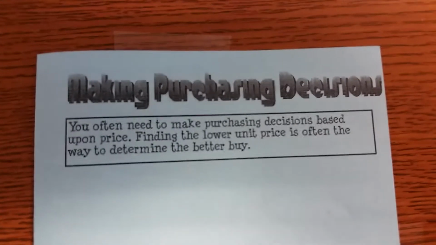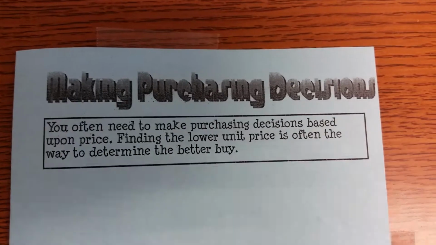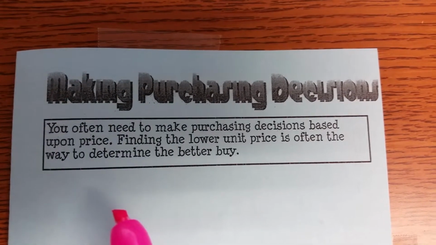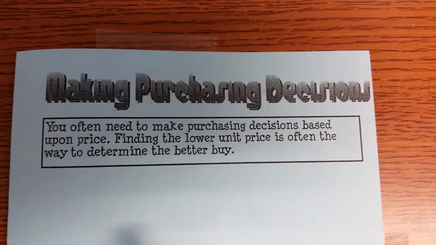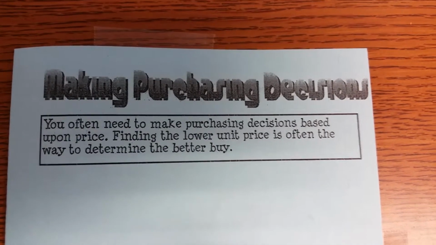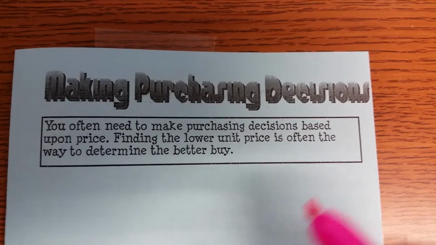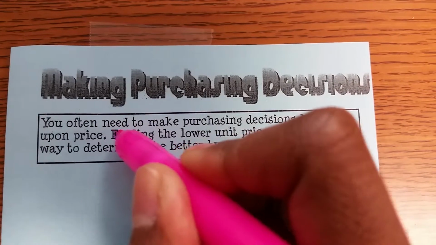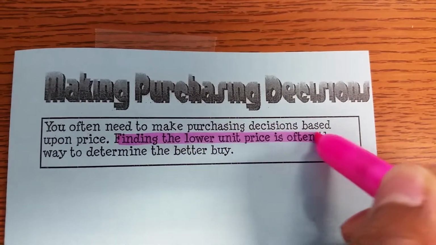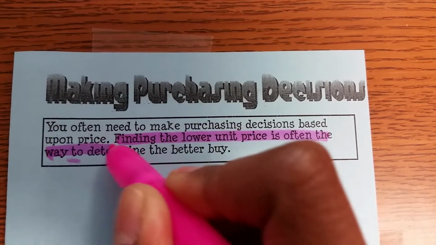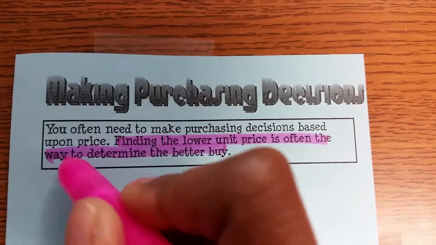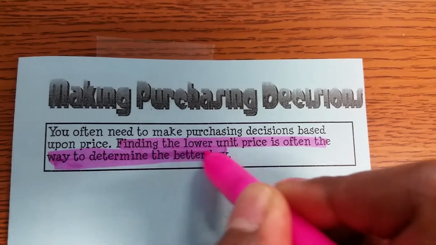Okay, class, today we're going to talk about making purchasing decisions. And here we have a note here. You often need to make purchasing decisions based upon price. Finding the lower unit price is often the way to determine the better buy. And we talked about better buy back in module 2 when we did unit rate. So we're going to see here when we go into the store, how do we figure out which one is